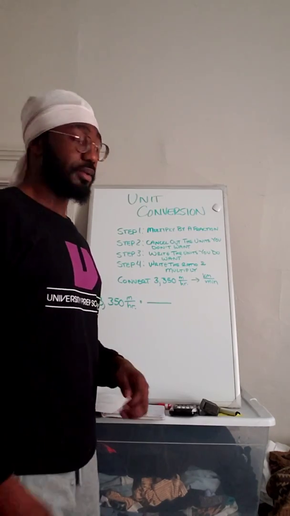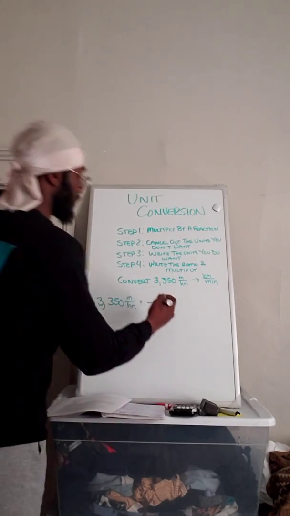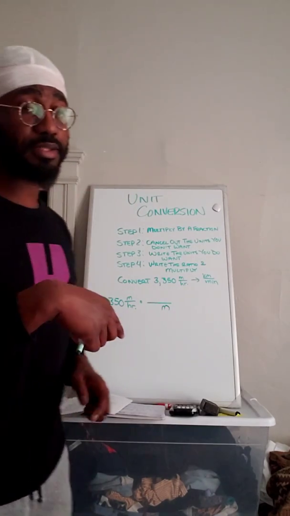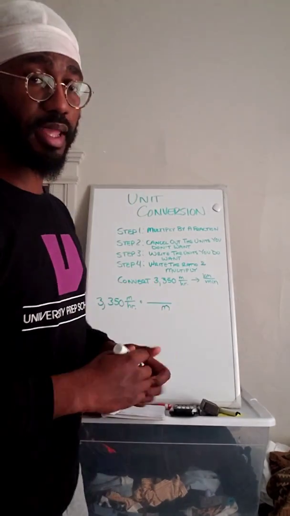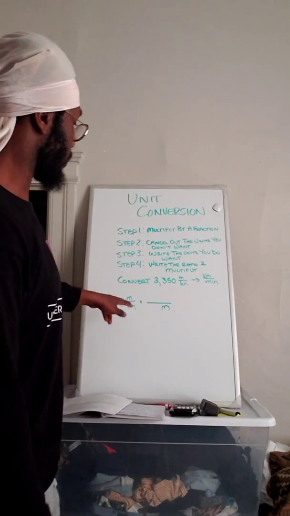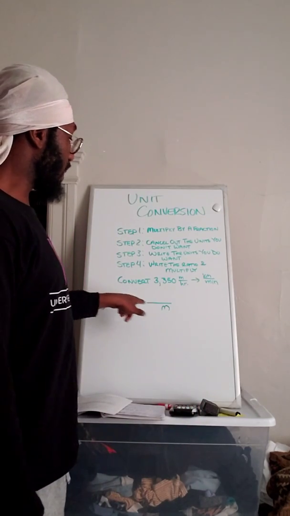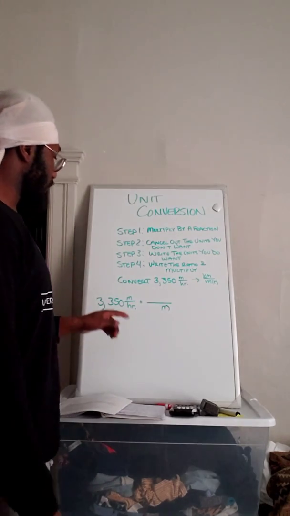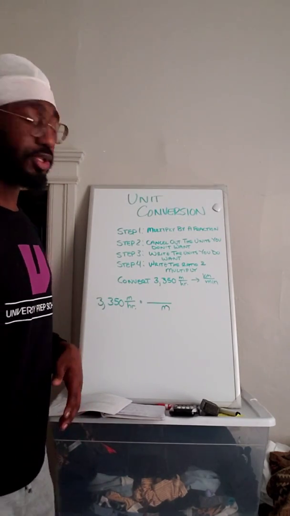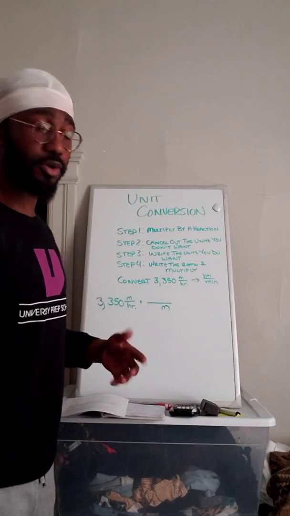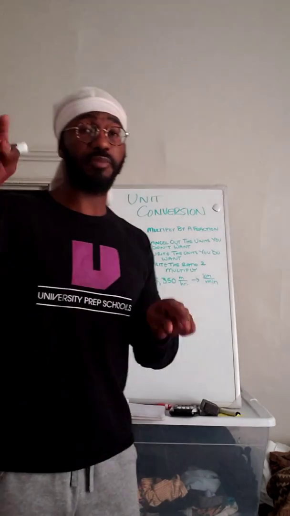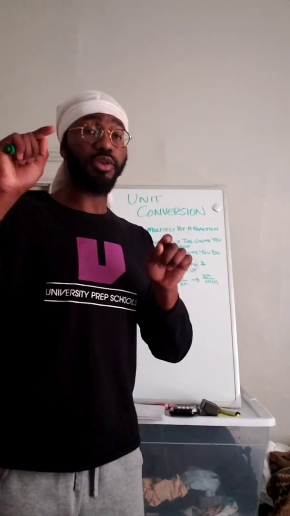Okay. Now I'm just going to jump ahead to the answer. If you need further explanation of this, go back to earlier in this tutorial so you can understand why we put meters in the denominator and not in the numerator for a deeper explanation of it. But in short, meters cancels out when it's in opposite positions. All units cancel out when